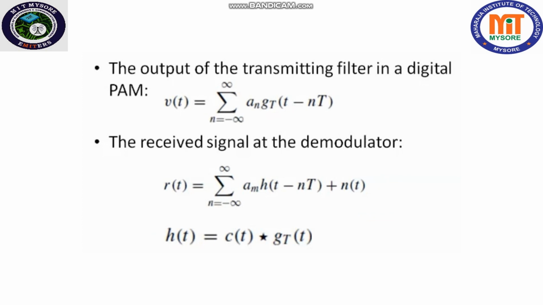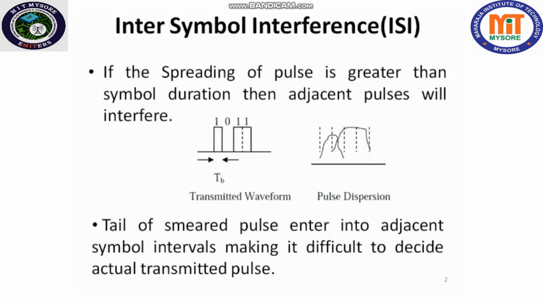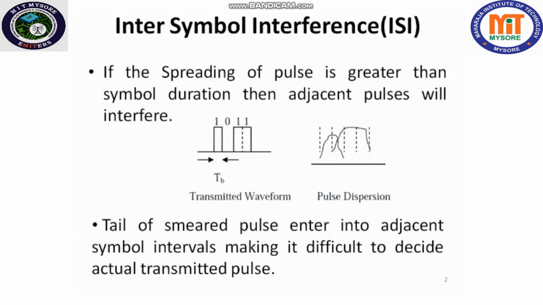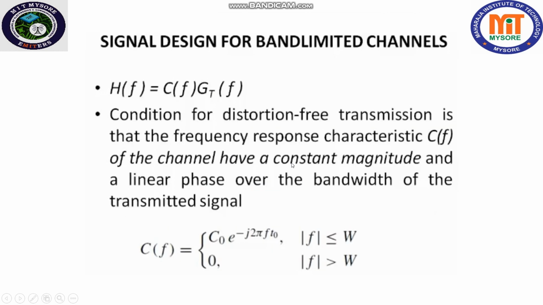This is about the received signal. Going through these equations, we will arrive at the point where we get three terms, as we have already discussed. Let us not go into further details, and I hope you have understood what intersymbol interference is with this explanation. Now to mitigate this, we need to have some particular conditions.